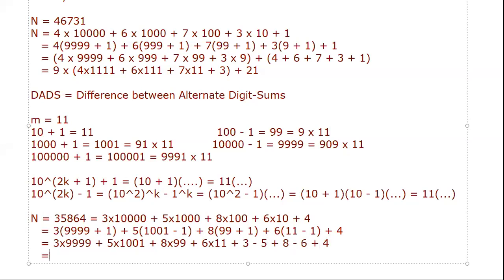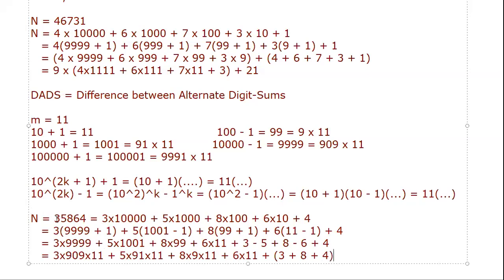So this is clearly 3 times 909 times 11 plus 5 times 91 times 11 plus 8 times 9 times 11 plus 6 times 11. So that part is clear. And here we have 3 plus 8 plus 4,